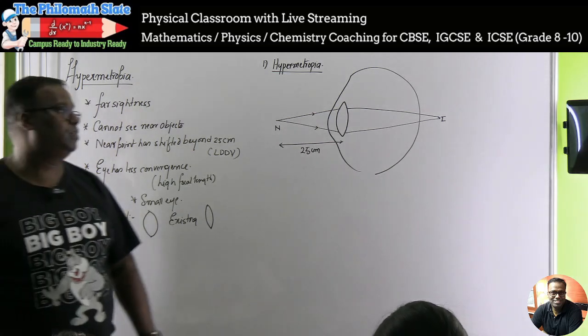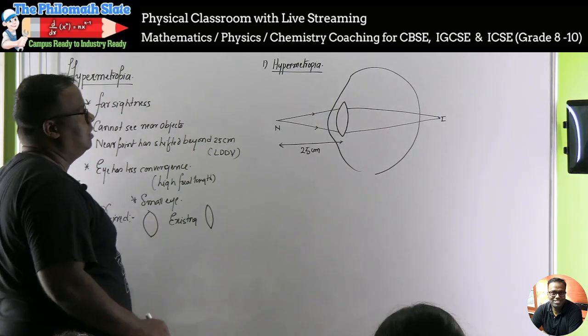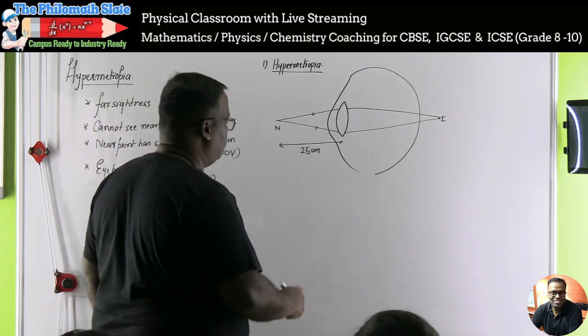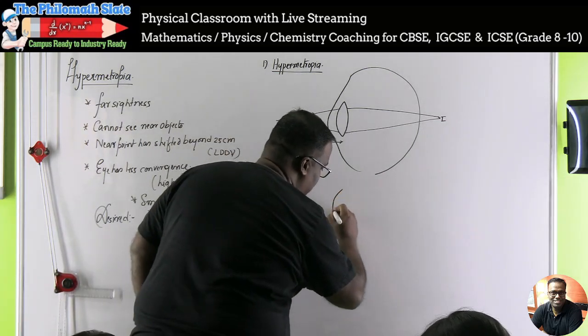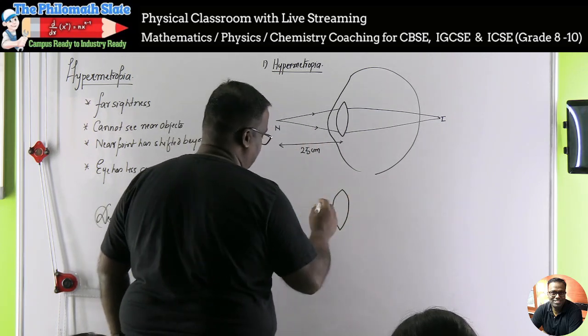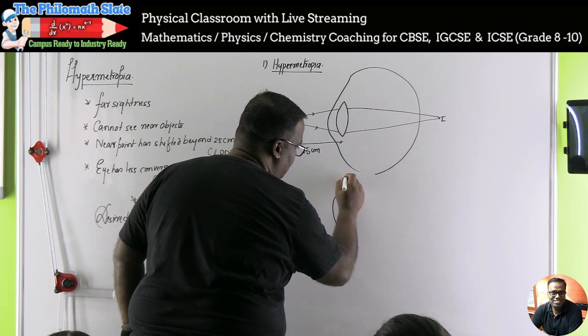The defect with the eye. This is the exact near point. Now, how is the eye then able to see this? This way, if you learn, you will understand better, right? So let's say,